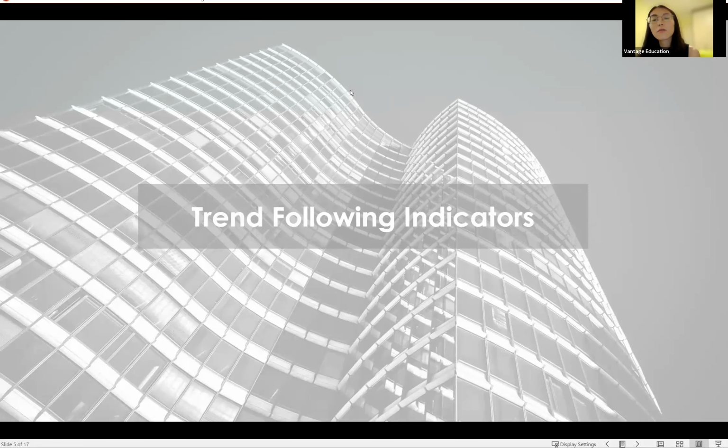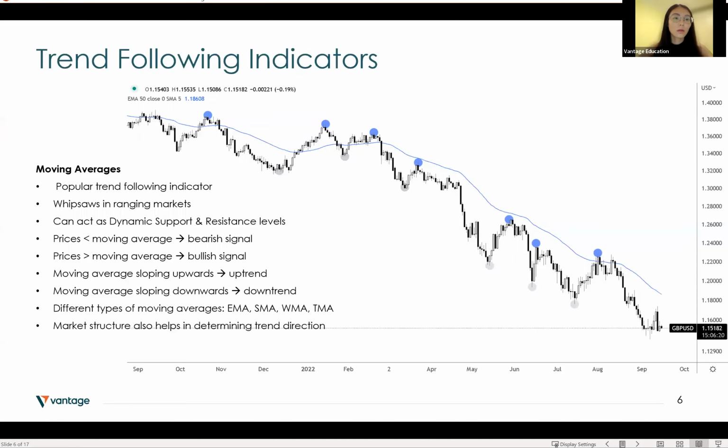So let's first start off with trend following indicators. One of the most popular trend following indicators that we have is the moving average. In general, moving averages work better in a trending market. Another question that will often be asked is how do you determine if it's a trending market? As we've covered in our earlier sessions, as well as the live analysis,